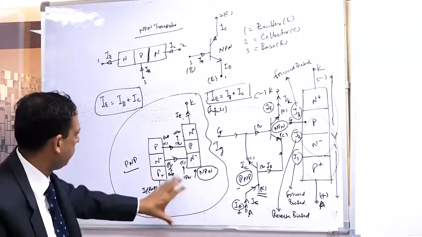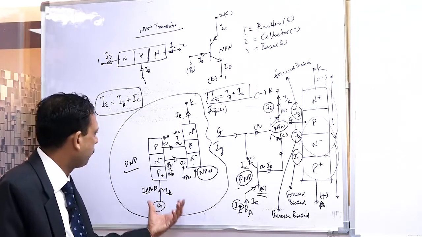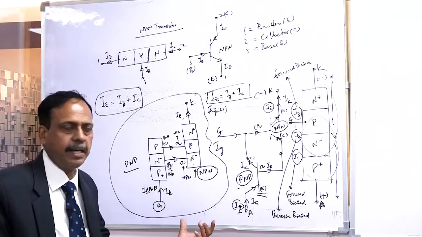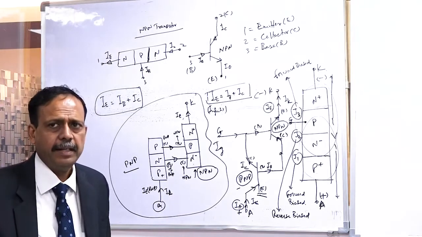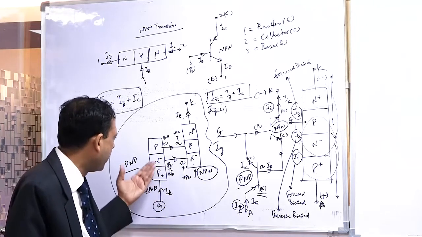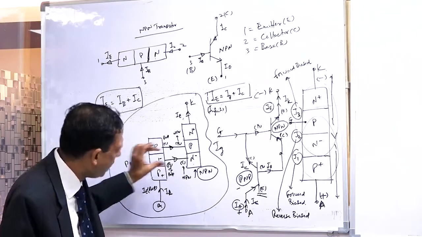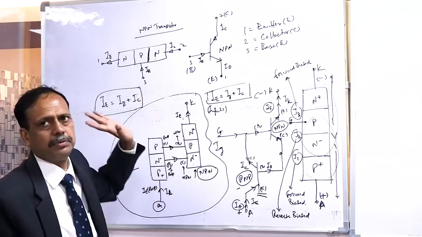Is it clear, this particular circuit? Say yes if it is clear. This circuit from the PNP and NPN analogy, is it clear? I think it is clear. I presume it is very logical. It is going inside, so both will be out. And in the NPN, the collector and base will be inside and the emitter will be out. So it is very clear.